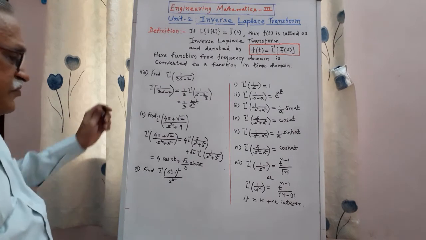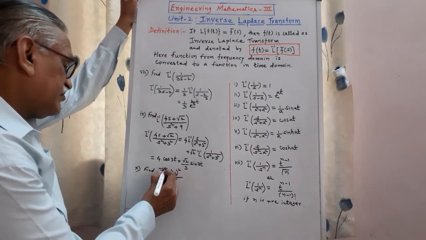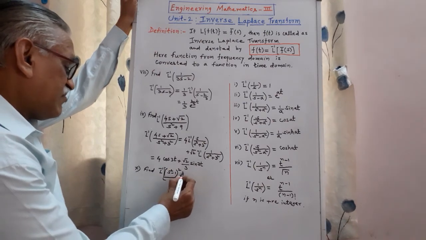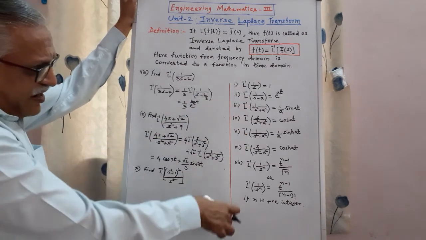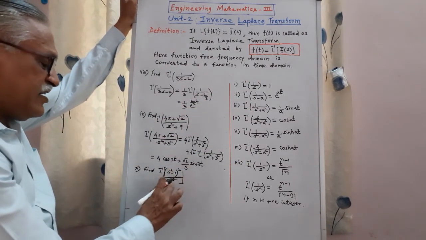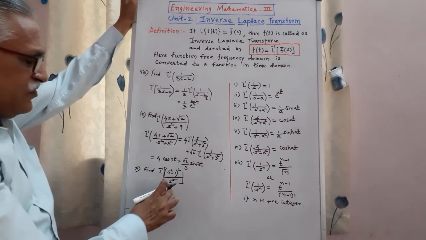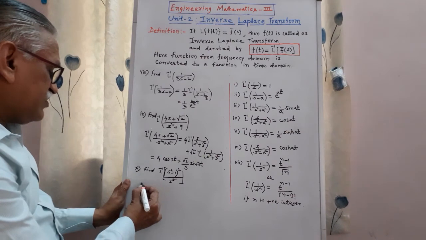Consider s raised to 5. Find the inverse of this. Therefore, it is not directly in this form. We have to rewrite it, expand it, and then divide by s raised to 5. We get L inverse of